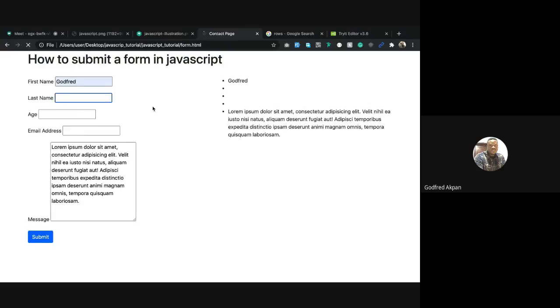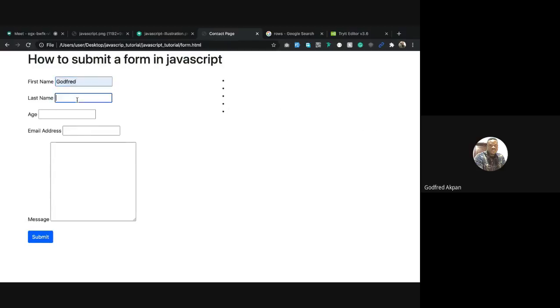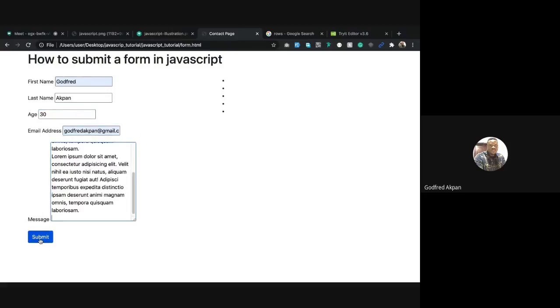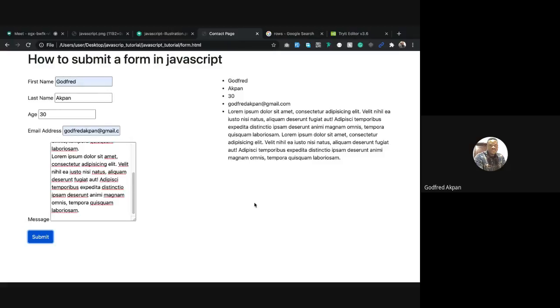Let me try it again. You can only type numbers in the age field. So you can see no matter how long that text is, it will be wrapped around this column, which is column 6. If we inspect this now,